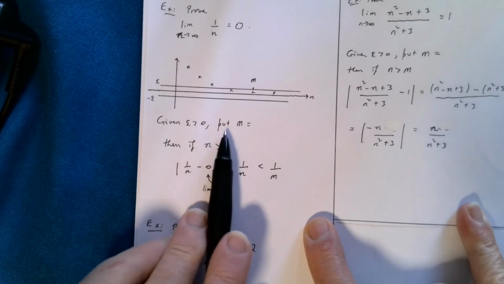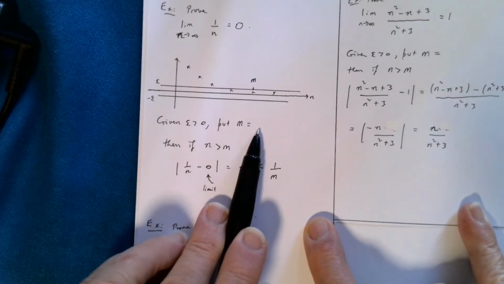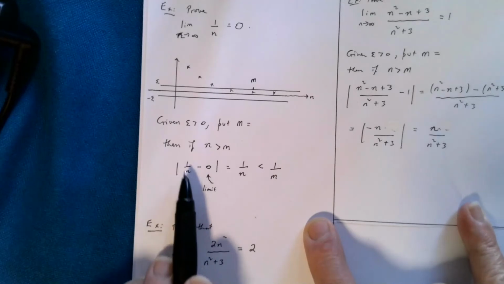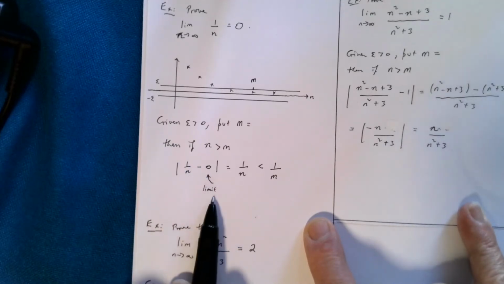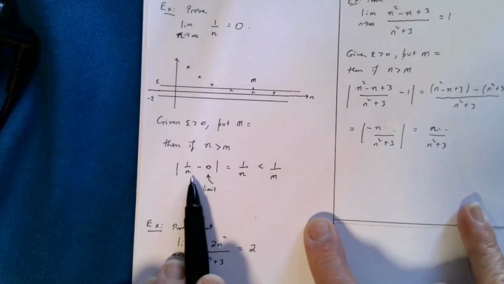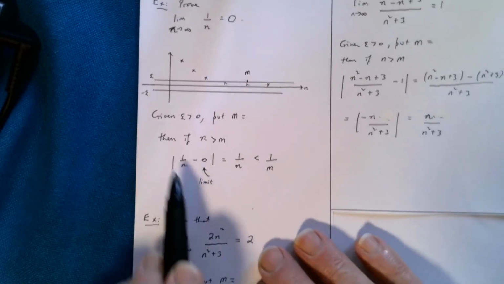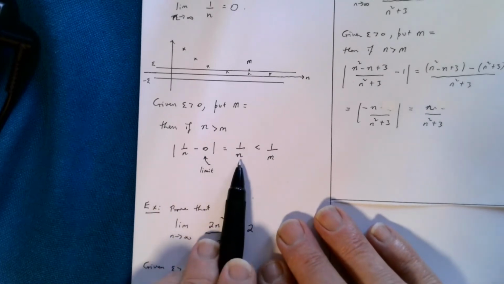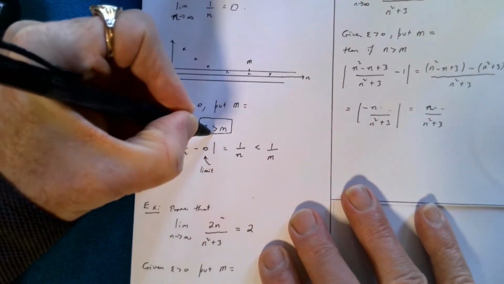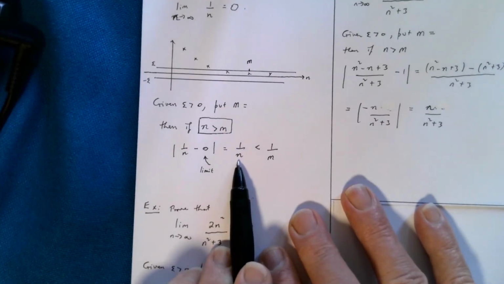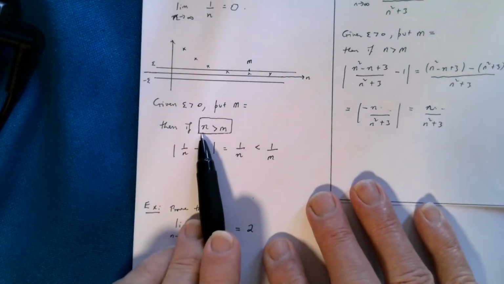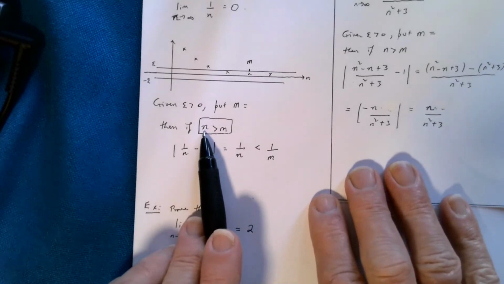So given epsilon bigger than 0, put M equal to, I'm not sure yet, I'll tell you in a moment. Then, if I go beyond M, I need to squeeze 1 over n minus its limit less than the width of the band, which is epsilon. So I just plug it in, 1 over n minus the limit, absolute value. Well, n is positive, so this is just 1 over n. Now this is where we use this fact. What I aim to do always is to get rid of the little n, and try and get something involving capital M. So if n is bigger than M, and everything's positive by the way in here, so no worries about negatives, if I take 1 over both sides of this,